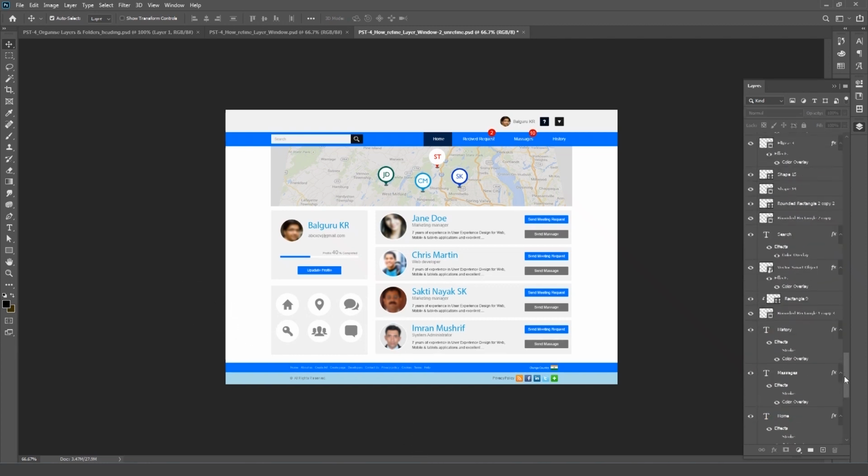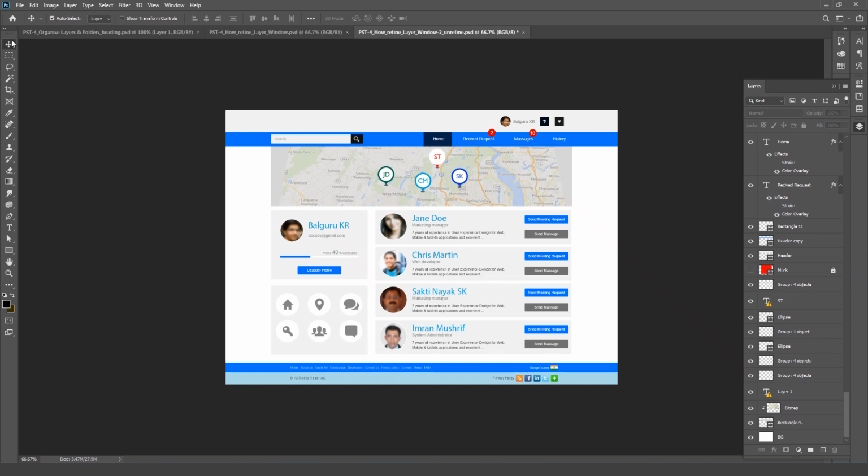Whenever you take the selection tool, you can drag from outside the document to the object, and the respective layer will get selected. If it doesn't get selected, there is an option at the top, Auto Select. You need to go there and set it by default to select Layer.